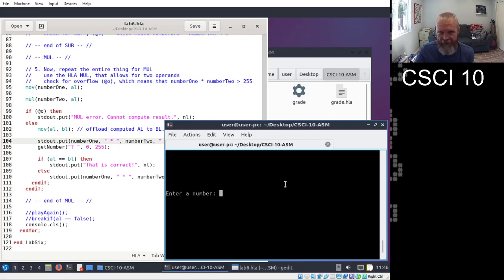So the whole design of this thing is not to be like an awesome math tutor. The whole design of this thing is to hopefully give you an opportunity to develop your own feel for the limitations of arithmetic on Intel processors. That's the idea. And the limitations of arithmetic on different sizes of numbers. So we're using 8-bit numbers here because the range is smaller and easier to work out in your head sometimes. But it's the same problem if you go to 16-bit or 32-bit values.